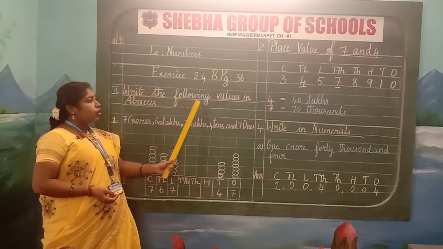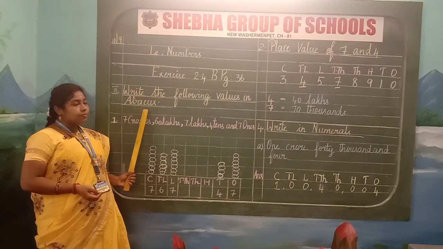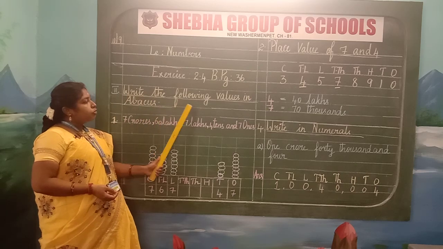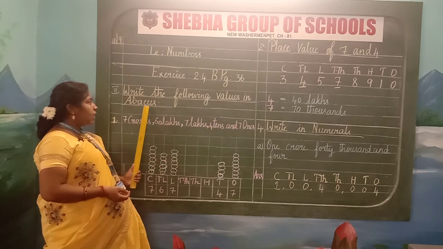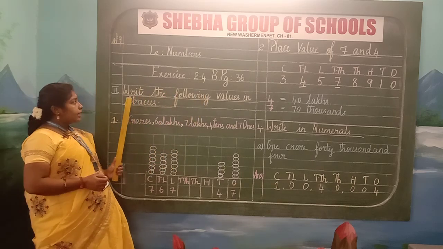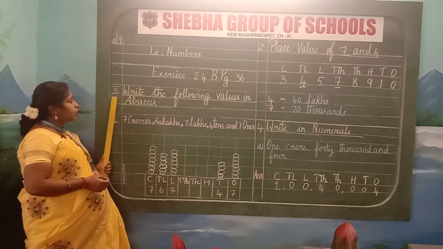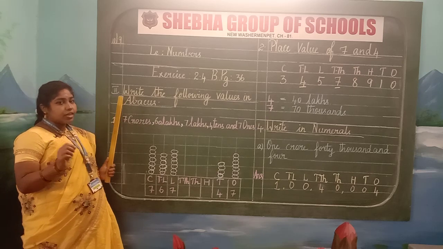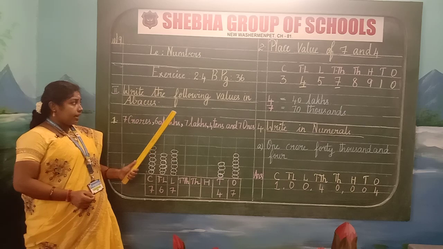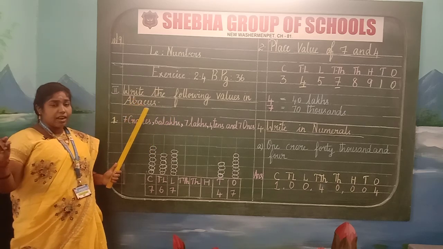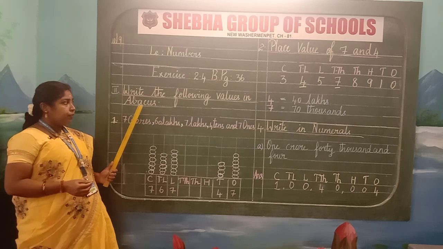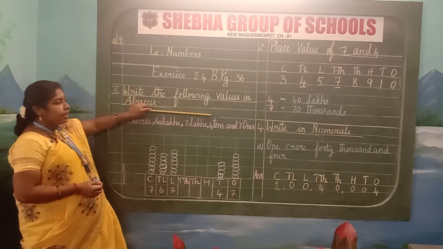Write the following values in abacus. We are going to do abacus here. Leave a finger gap and write. So write neatly. Start with the capital. Write the Roman numeral two in the margin. Keep a full stop wherever necessary. After writing the headline, you can continue in the same line, children. If you don't have space, you can continue in the next line. After writing the heading, leave one line.